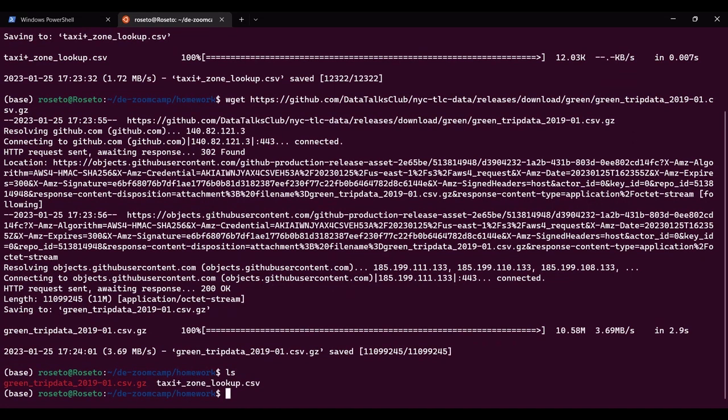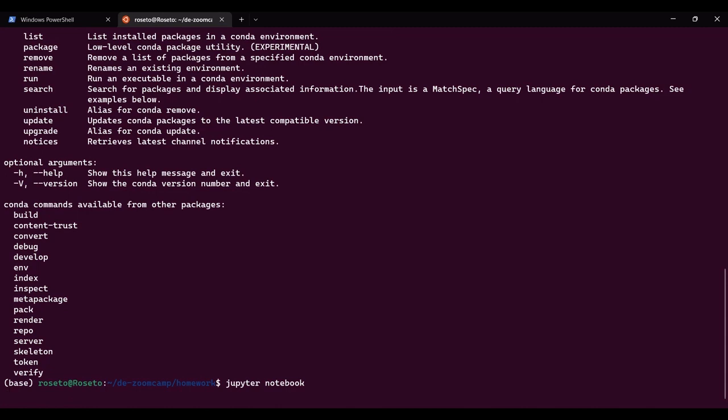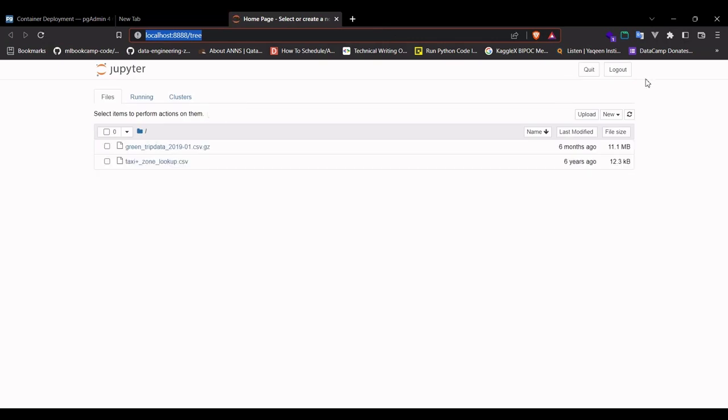So the next thing we can do is to try and see what the files look like. To do that, I have Anaconda. So I can easily start a Jupyter notebook and take a look at the content of the files. So let's wait. I'll create a new notebook,